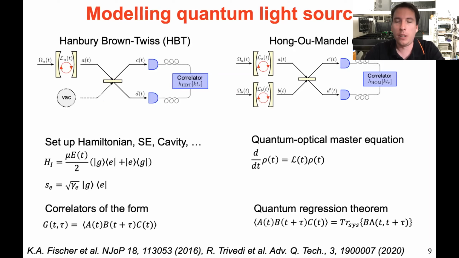And linked to this paper, you can also find tutorials for QuTiP exactly on the systems that we simulate in the paper. And QuTiP is quite flexible because you can set up your Hamiltonian, you can also add a cavity, you can add dissipation rates, and then to calculate the dynamics, use the extended form of the quantum regression theorem on the quantum-optical master equation. The tutorials are very detailed, so if you're interested in these simulations, I can really recommend them. Thank you. More questions?